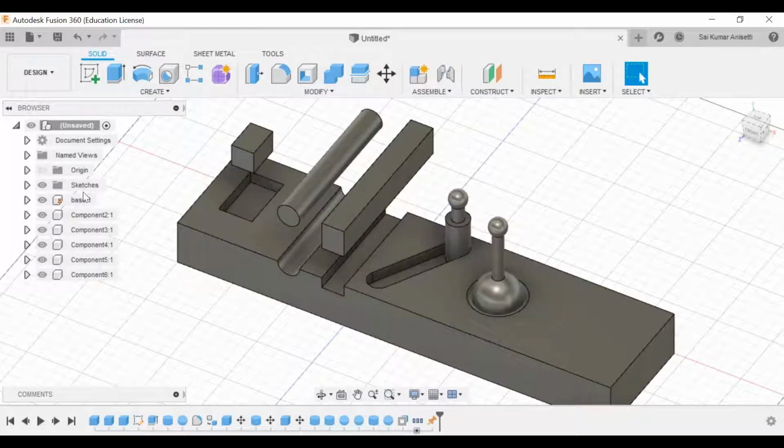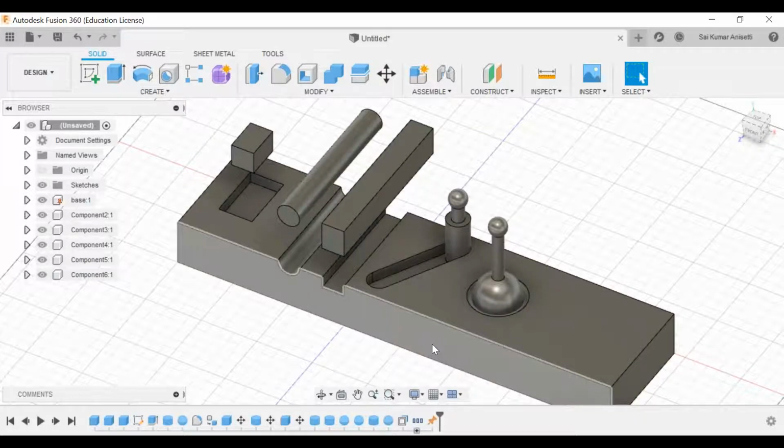Ground means it is fixed, and for all the rest of the components you have to give constraints. That means you have to give a type of joint, like a cylindrical joint. There are different kinds of joints with respect to this particular base. That is the most important thing. All the components should be given joints, and the base component should always be fixed in any assembly. Do remember that in any assembly we are always going to check what your base component is.